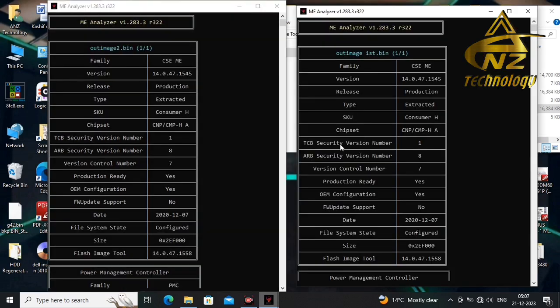And now you can see both of our BIOS are correct and both are matching. You can see the version is the same and the file system state, that is the main thing. You can see it is configured here. I have tried this method and got success. So you can try this easy method.